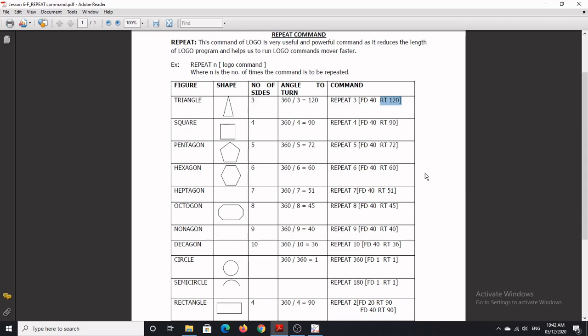Now let's see, children, how we have to decide the angle of turn for different figures. As you all know, children, for a turtle to take a complete circular turn, it has to turn by 360 degrees, isn't it? 360 degrees. Now suppose instead of this circle, you are drawing a square over here. Again, to draw a square, the turtle has to take a complete circular turn, but the turn is divided into 4 parts. First it will turn here, then this point, and then this point.